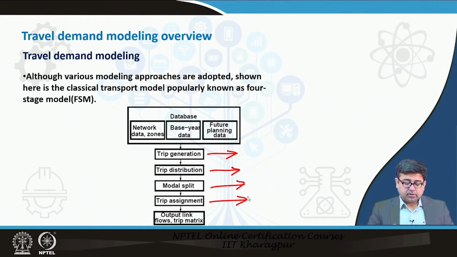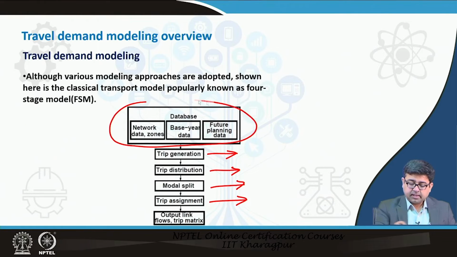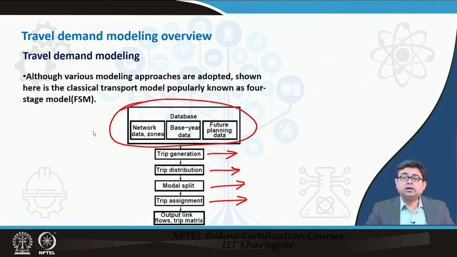So, let us look at each one of them one by one, but before that, of course, you have to have a certain amount of data that feeds into, acts as input to your model. So, you have to know what is the existing network that you are working on. You have to know how many vehicles currently run on your network, and you also have to know some future